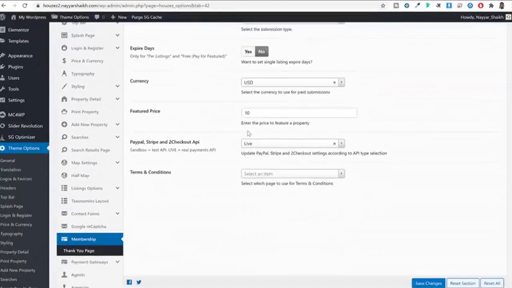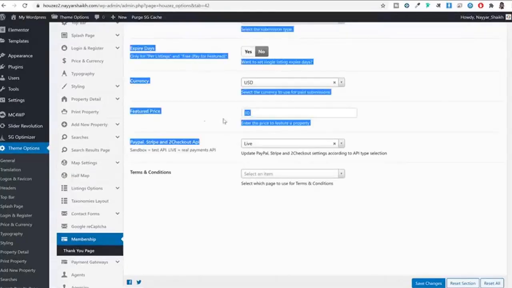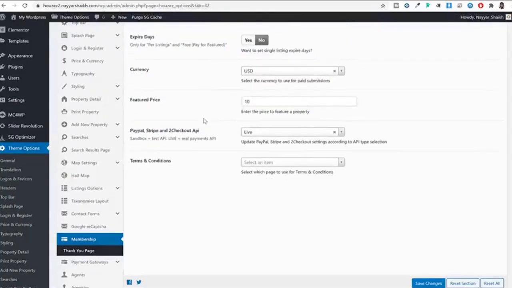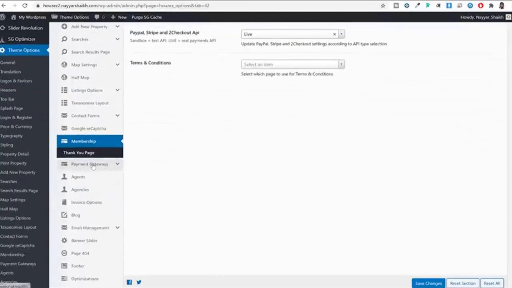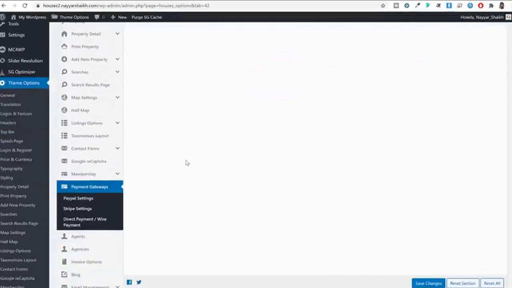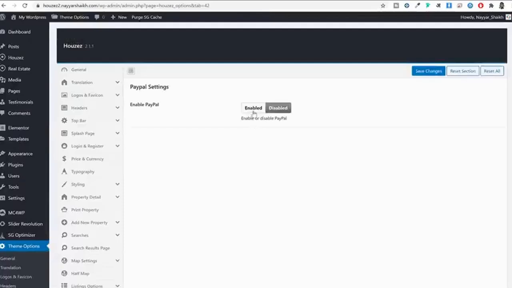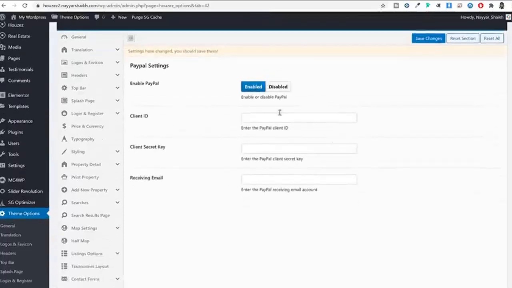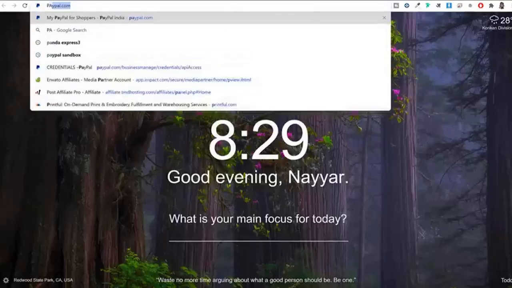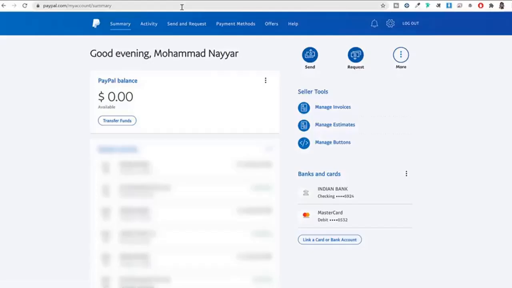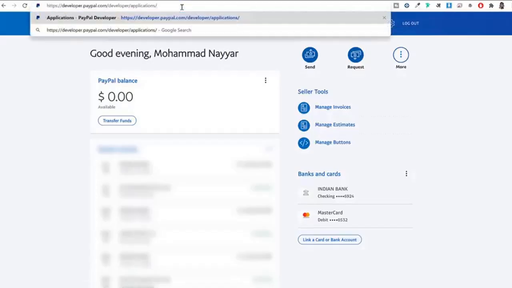Now, because we are accepting payments over here, we have to set payment options. So for that, you have to click on payment gateways, and here, the first option is PayPal settings. So click on PayPal. If you want to enable PayPal, click on enable, and now you will have to enter your details. So for that, you have to go to paypal.com. Now, once you log into your PayPal account, you will have to go to this link,